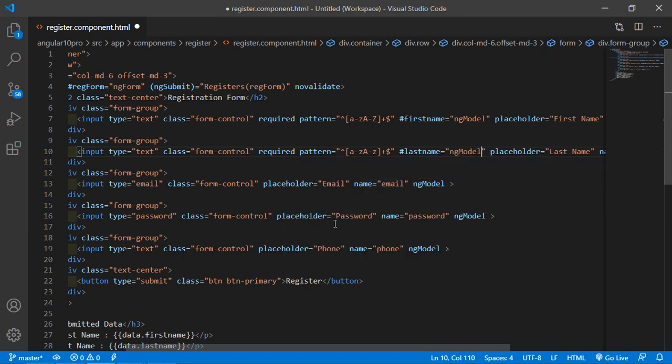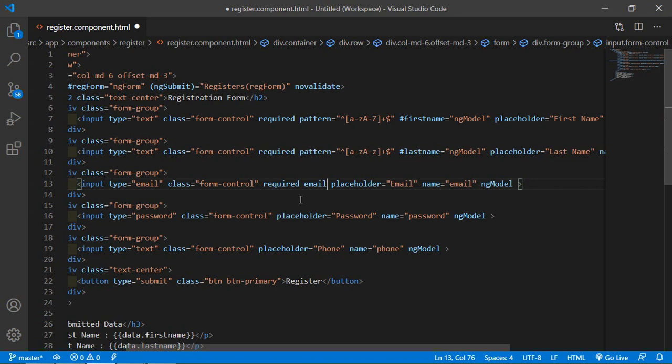All right, now validate this email input field. This is required, so just write required, also email, and a hash, email is equal to ngModel.